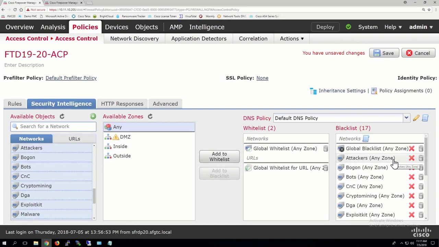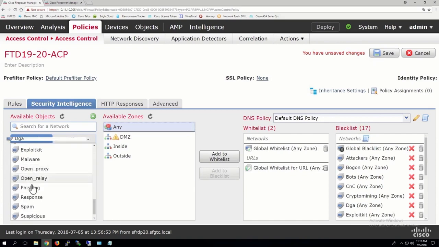Now, all of these IPs, if I highlight over these, I'm not going to see, I got 0 in there. Crypto mining is actually a new one here. How about spam? There's 10 addresses. There's not a lot in a lot of these. There's a lot in the malware one, at 5,426. And these are updated.